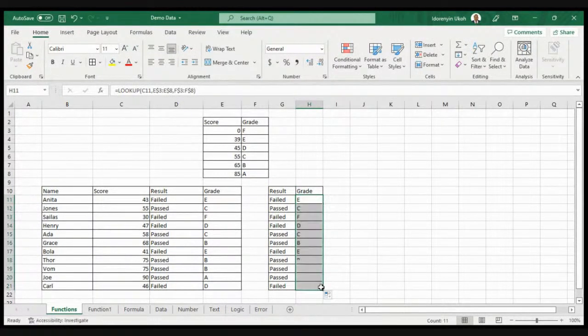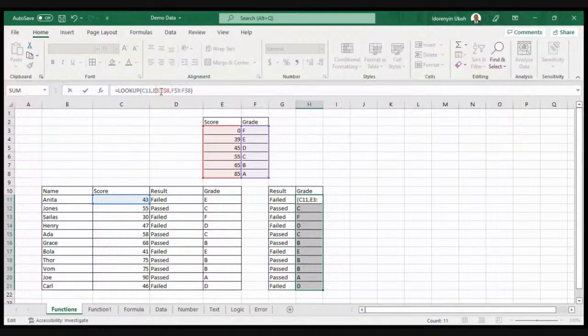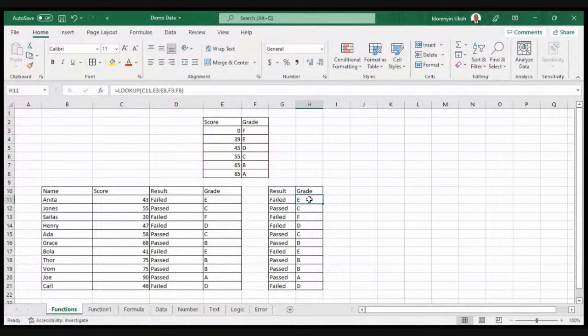If I drag it now, so I have that. So let's assume I did not put the dollar sign. Let's see what Excel would populate. You can see, what is Excel seeing? Excel is seeing this particular number first.